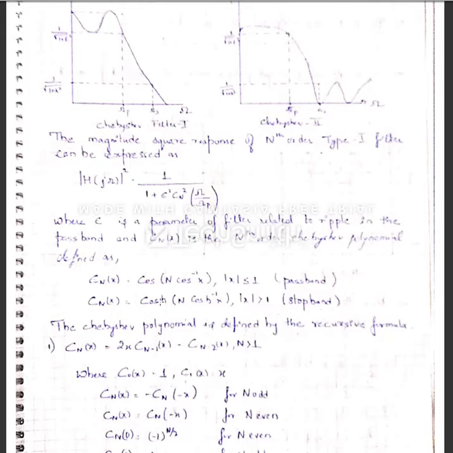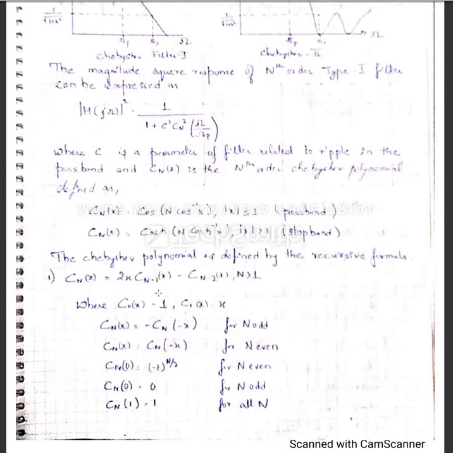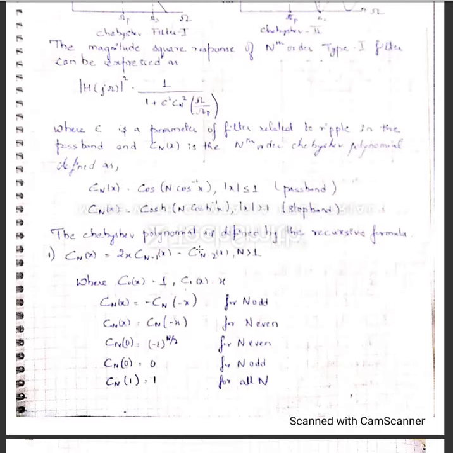Now here we are making use of this because the poles of the Chebyshev filter lie on an ellipse, not on a circle, whereas the poles of the Butterworth filter lie on a circle. Okay, all right. Now this Chebyshev polynomial, that is Cn(x), can be defined by the